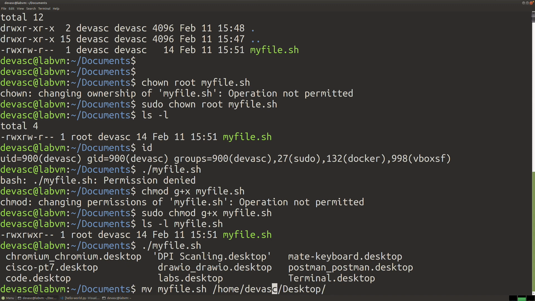Yeah, exactly. Remember, /home/devasc is really tilde, right? The tilde represents /home/devasc. Now, if I wanted to give it a different name when I moved it, I would put that name right there, right? But we're going to keep the name that we have,